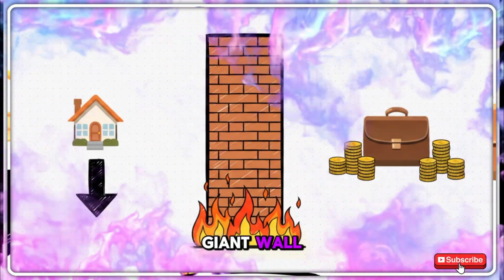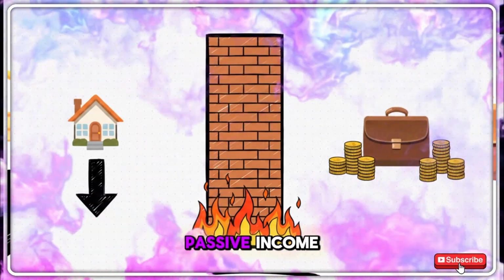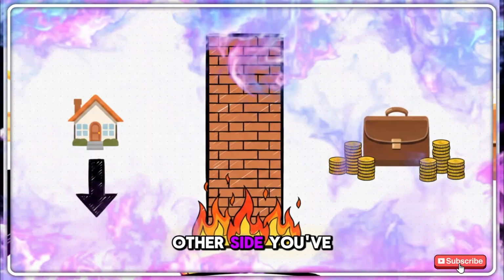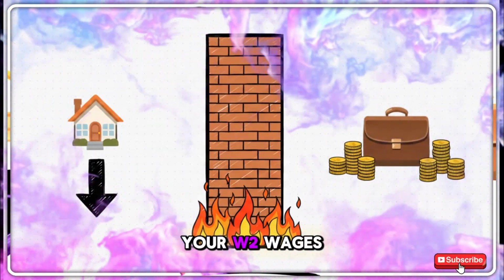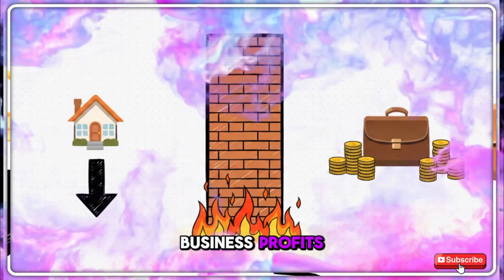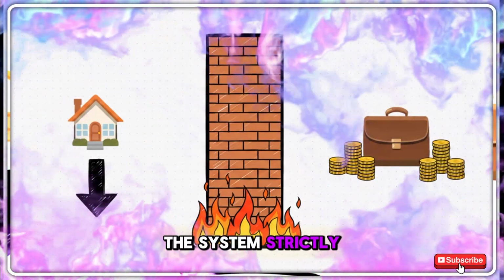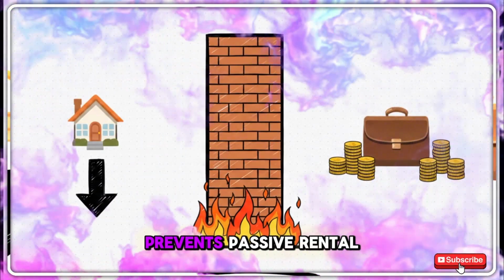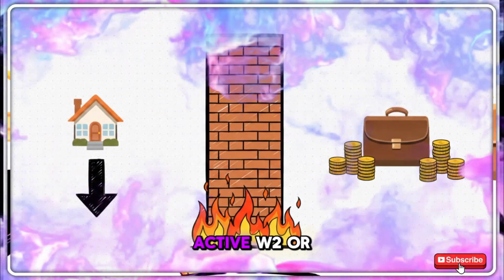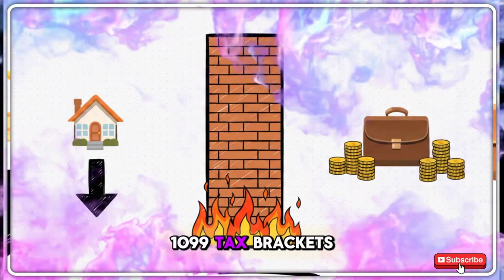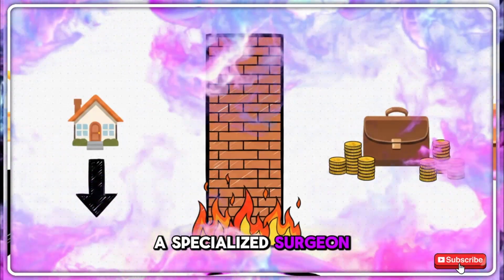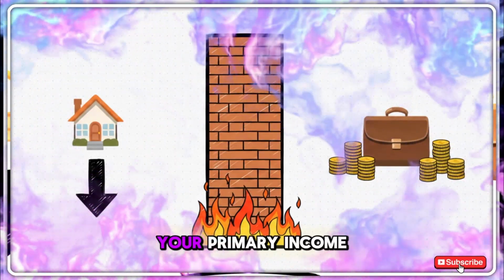It's like a giant wall. On one side, you have your passive income, rental cash flow, dividends, things like that. And on the other side, you've got your active income, your W-2 wages, 1099 contractor earnings, or high-yield business profits. The system strictly, and I mean strictly, prevents passive rental losses from crossing over to touch those active W-2 or 1099 tax brackets. So if you're a highly compensated engineer, a specialized surgeon, or maybe a tech entrepreneur, your primary